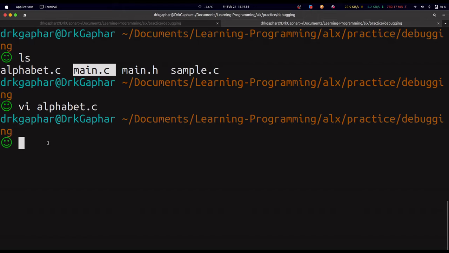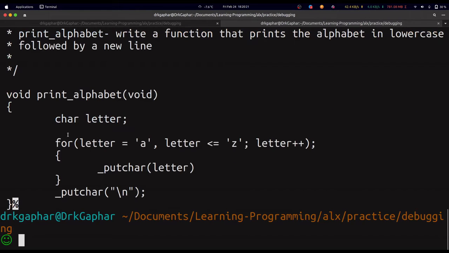Following the requirement, the requirement says you should use the underscore putchar function. Don't go and use the putchar function. All right. So for us to test this program, we are going to need all the files of every function that was being used. Inside this alphabet.c, we use the putchar function, but we did not have any file where this putchar function was